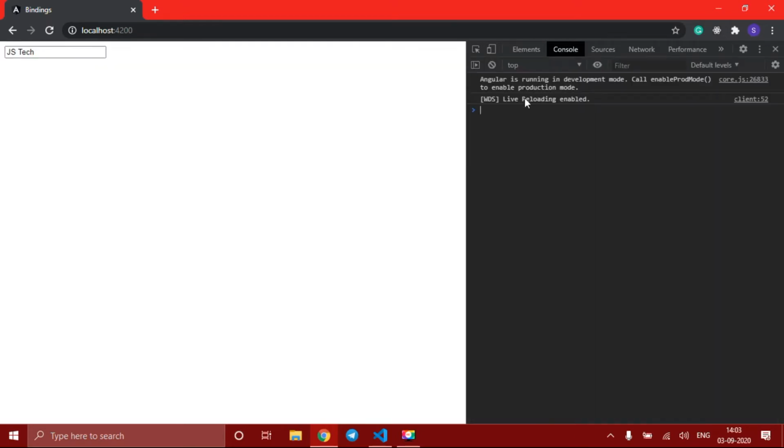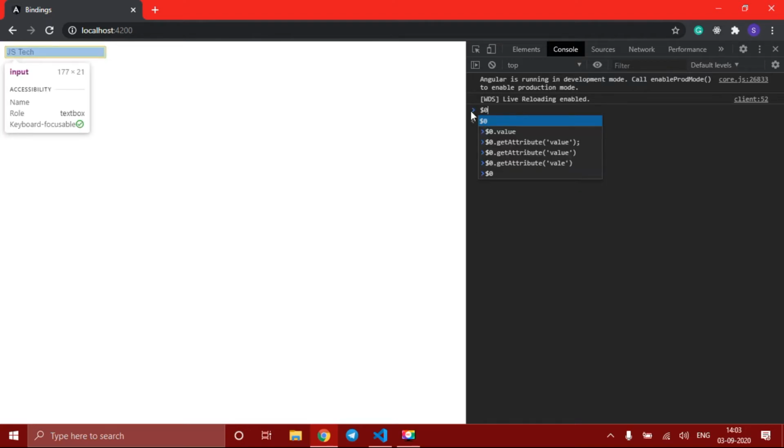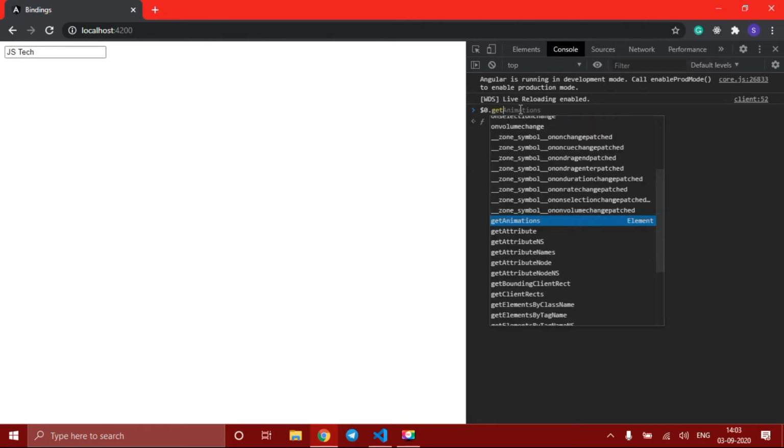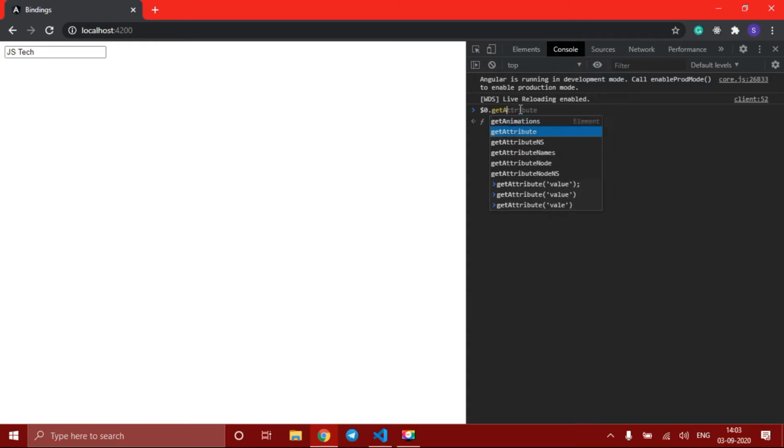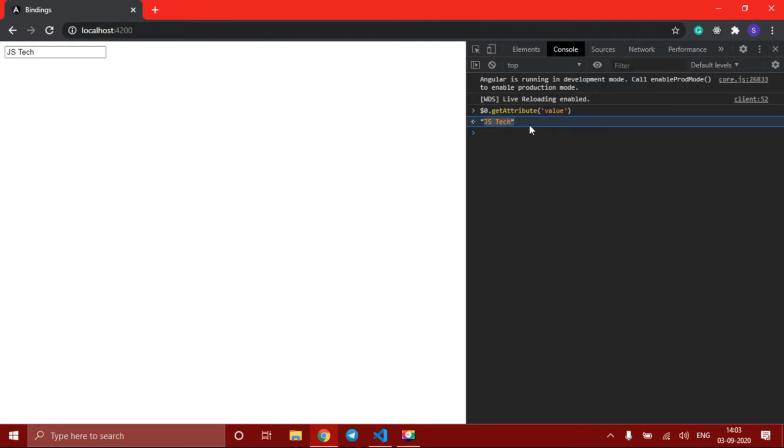Go to console and type $0. $0 means it is pointing to this input element. Now $0.getAttribute of value, and if you press enter, you can see that the attribute value is JSTech.